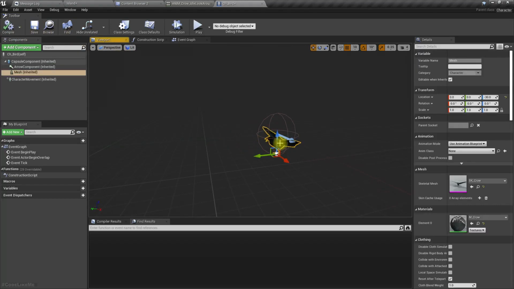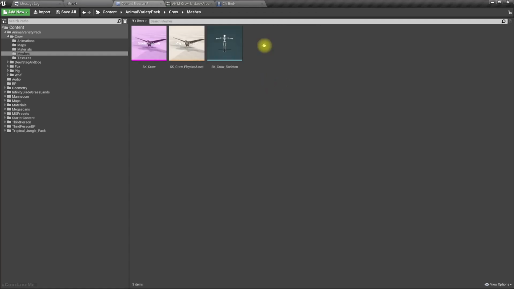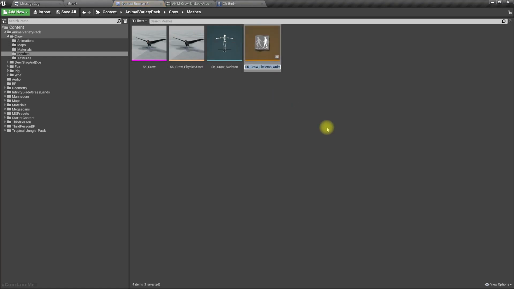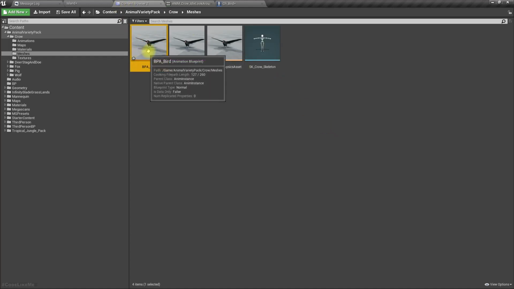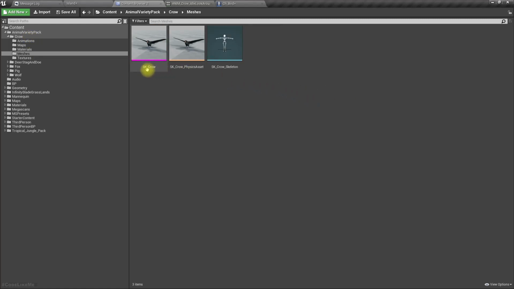Right, now let's create an animation blueprint. Let's call it ABP bird because I want it to be more generic than specific for a crow.